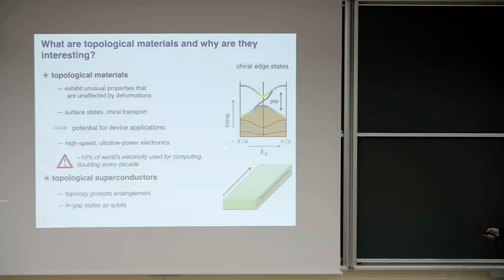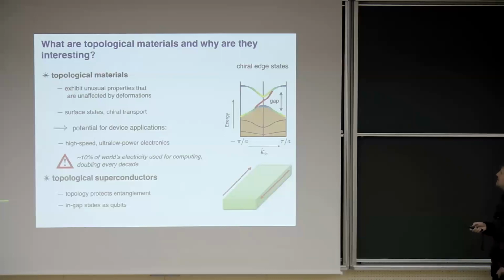One example is shown here, where we have a Chern insulator, which has a chiral surface state, which can carry current around the edge of the sample. And this surface state is robust against deformations of the system. We can deform the shape of the system, stretch it, compress it, or even add disorder to it, and the surface state will not disappear. Why is this? This is because it has a topological origin. It is protected by a so-called topological invariant, which is a mathematical tool to characterize this robustness against deformations.